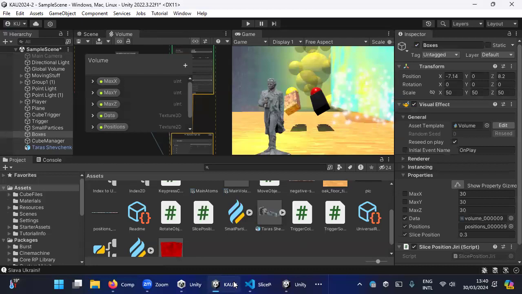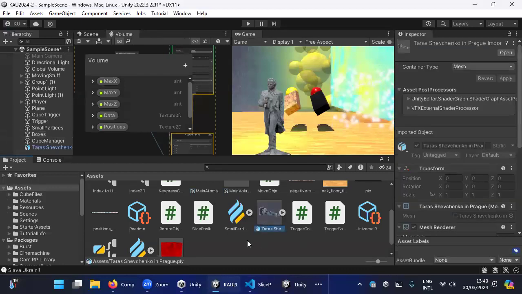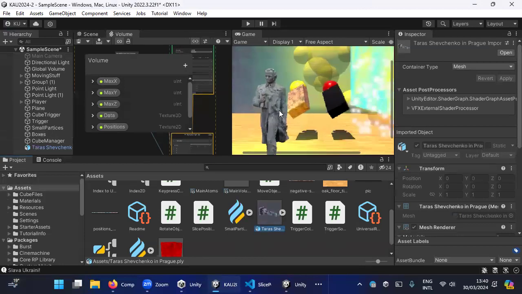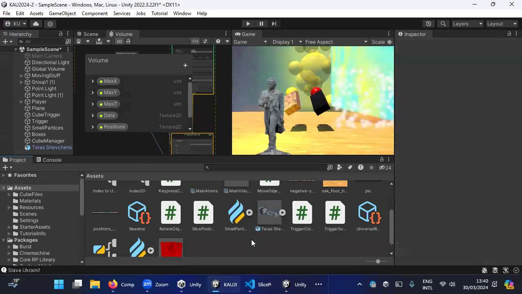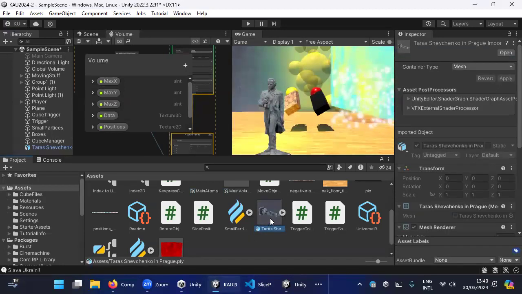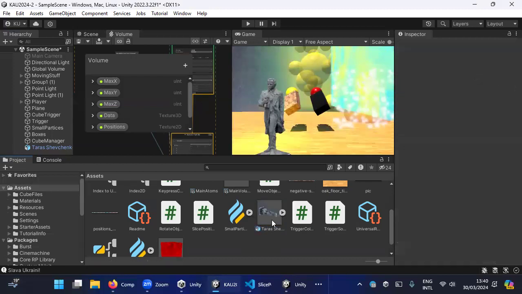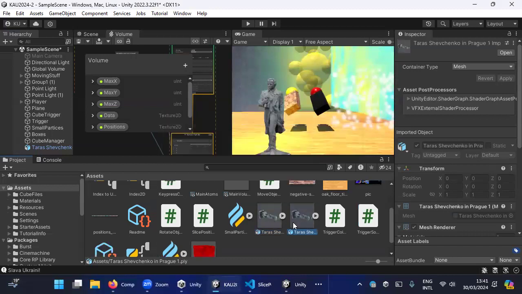So everyone has imported the ply file from the scan yesterday. If you click on the ply file, the way we put it directly here, you remember we just drag and drop it. This is one way to get it in. The other way, and you can do it on the original file, or you can duplicate the file so that you have a second one. So I will duplicate my Shevchenko